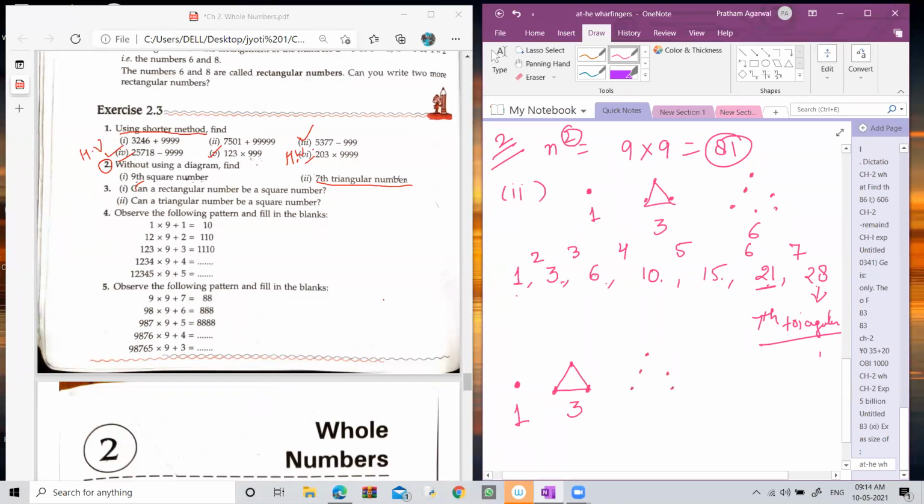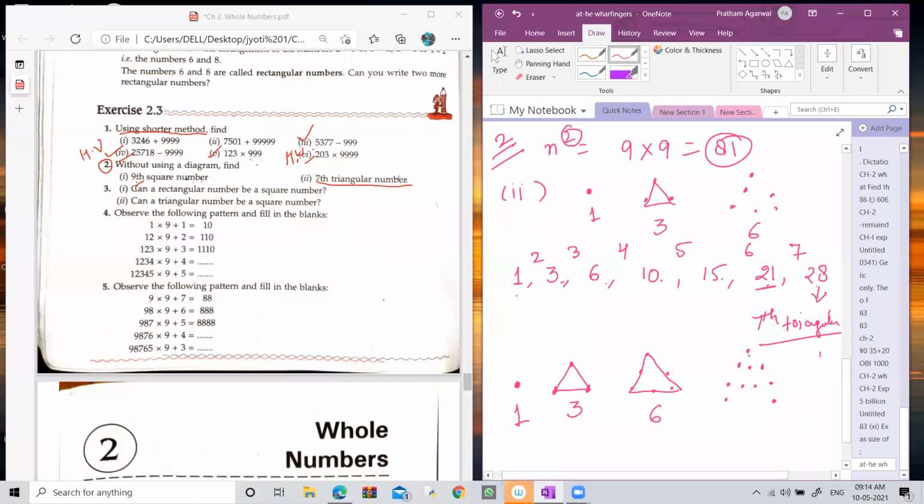6 dots, then you will get the triangle again. Okay. Then now count the number of dots. Total number of dots in this figure are 6. Okay. Now to find the next triangle shape, how many dots you have to put? You have to put 10 dots, then you will get the next triangular number like this.